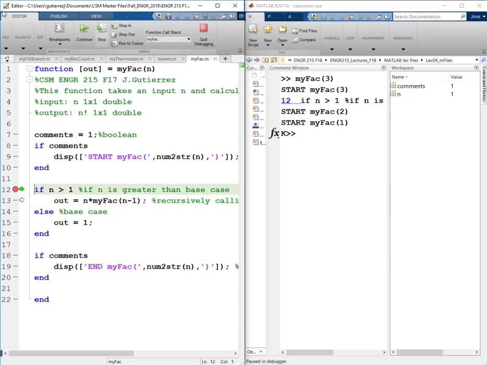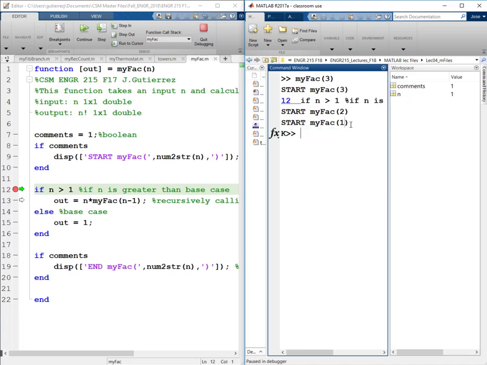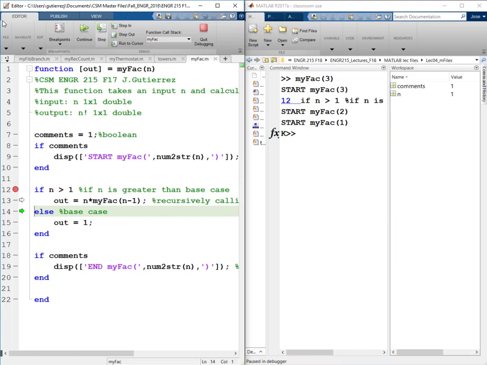I'll step here, and now we'll be leaving, and we're recursively calling or starting my factorial 1. So I'll continue on, and what we'll see is now n is 1, so we'll output the base case. So now we can finish evaluating our code, and what we'll see here is now we're ending my factorial 1, and we'll pass that 1 back up to